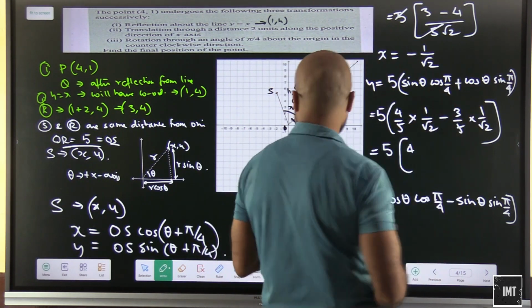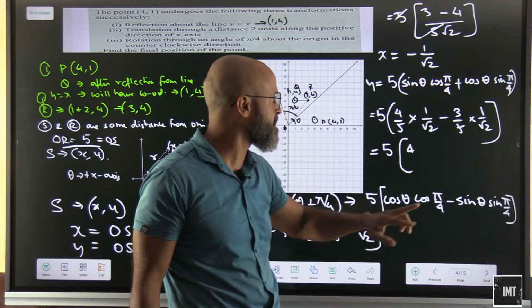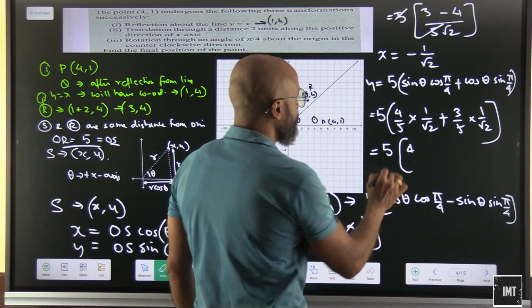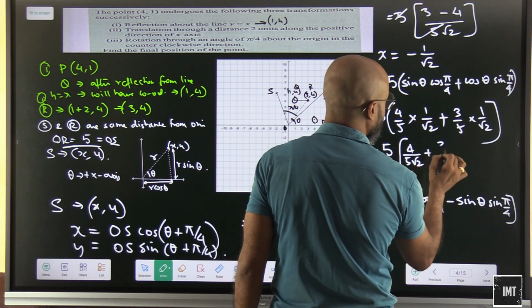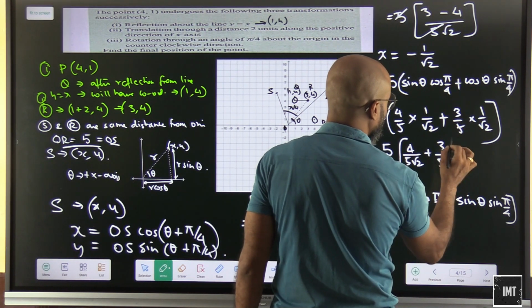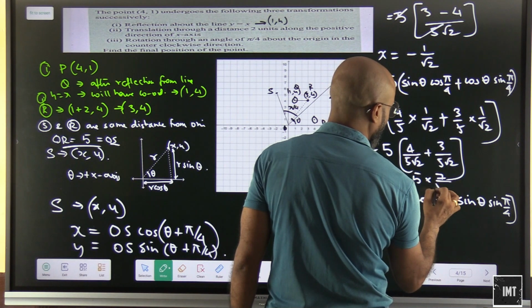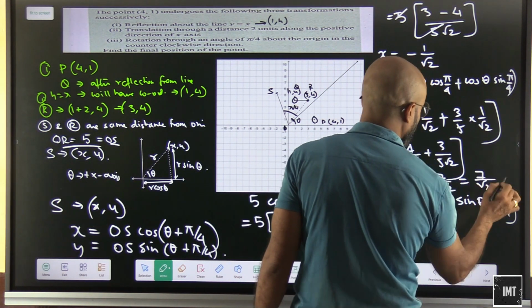Oh, this is basically plus. I am so sorry. So sin a plus b is going to be sin a cos b plus cos a sin b. So this will be sin a cos b plus cos a sin b. So that will be 4 by 5 under root 2 plus 3 by 5 under root 2. So this is going to be how much? 5 into 7 by 5 under root 2. 5 and 5 get cancelled. So this will be 7 by under root 2.